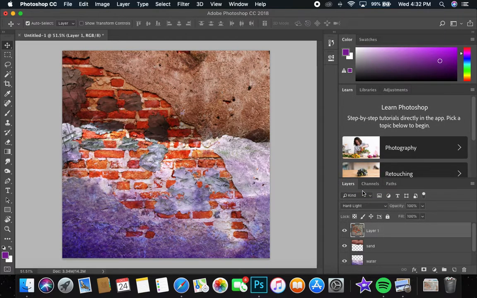This tool is used to blend layers together in certain ways, just to get the right image overall. Okay. Alright, now let's go back to